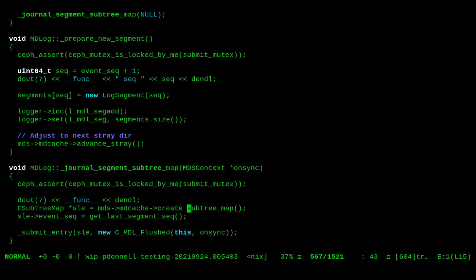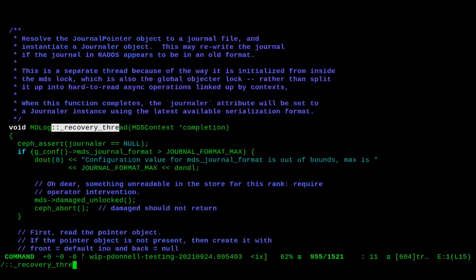So it's very expensive. This is actually motivation for one of Jung's recent changes he had done before he left, which he actually just renewed the pull request a week or two ago to pull the subtree map out of the MDS journal. And it's all centered around fixing this bit of code, which is writing out the subtree map segment. And again, the reason for doing that is to handle those scalability issues. All right,